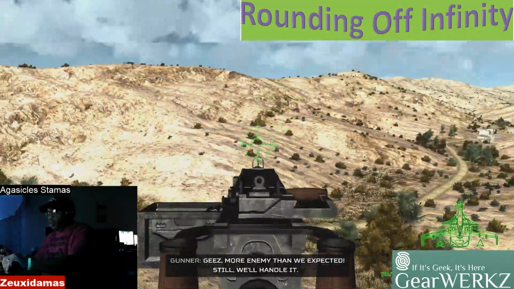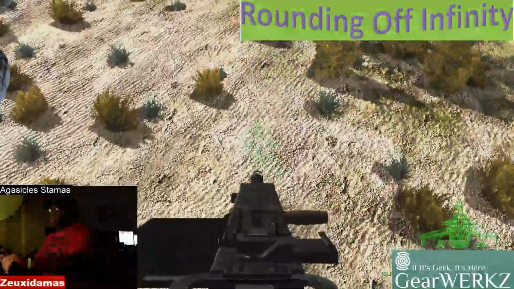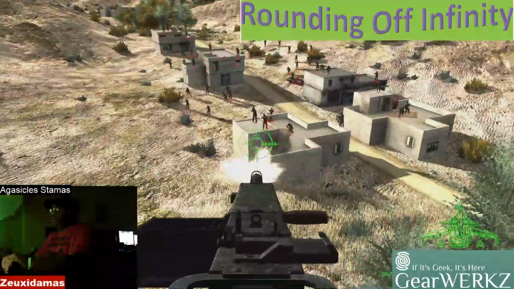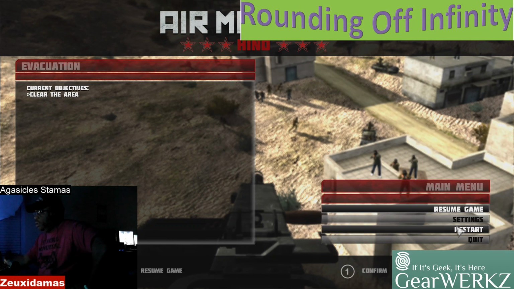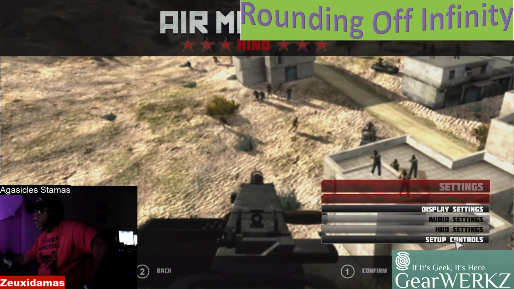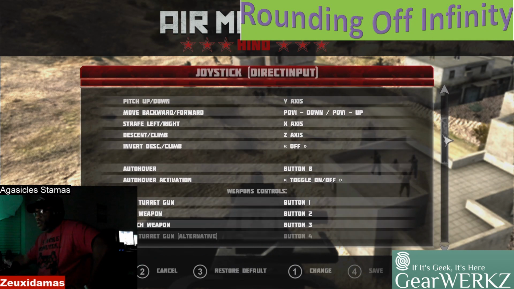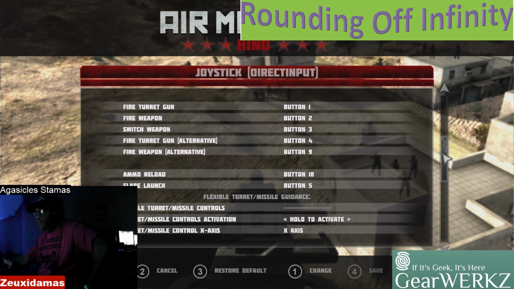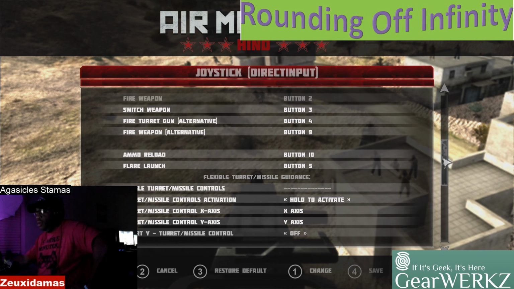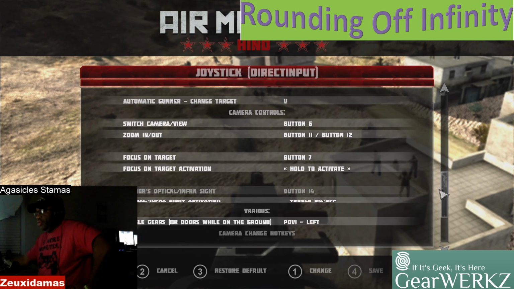More enemy... alive. No. Okay, no. So what it's done is it's inverted the gun controls, which I do not like. Alright. Basic settings, flight controls, weapons controls. Turret gun, weapons, switch weapon, fire turret gun, weapon, flexible turret and missile guidance, turret and missile controls, camera controls,